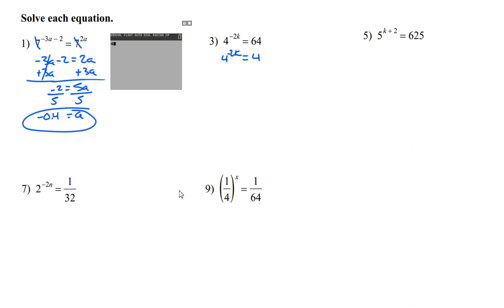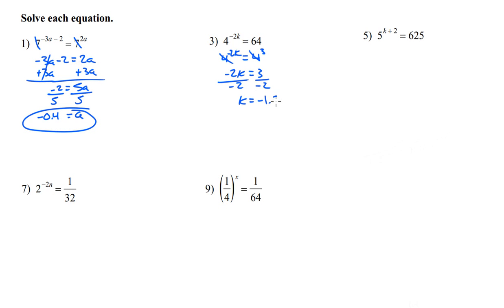We can do 4 times 4 is 16. Multiply that by another 4, and that is 64. So that means 64 is 4 to the third power. Okay, now that the bases are the same, we get rid of those. Negative 2k equals 3 divided by negative 2, and we get k equals negative 1.5, or negative 3/2 is fine